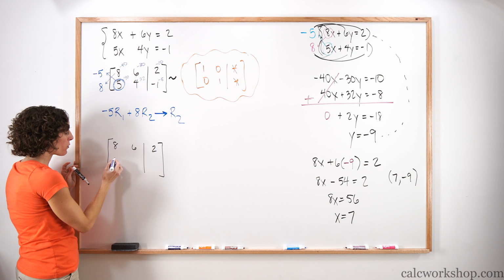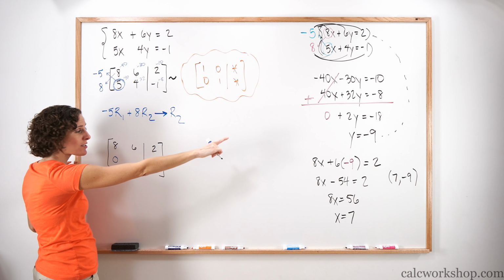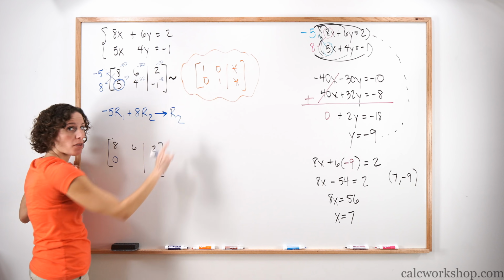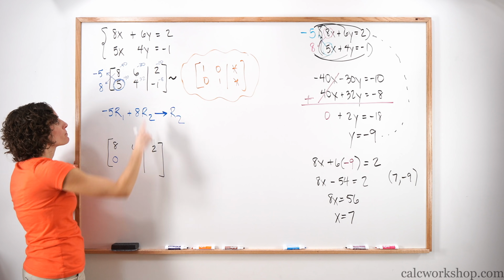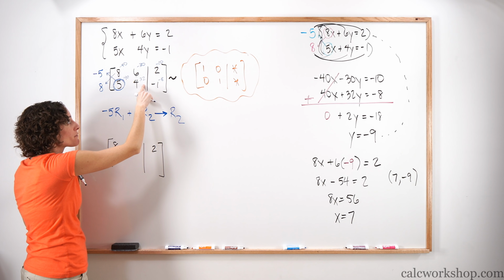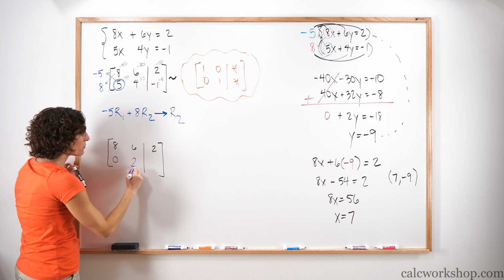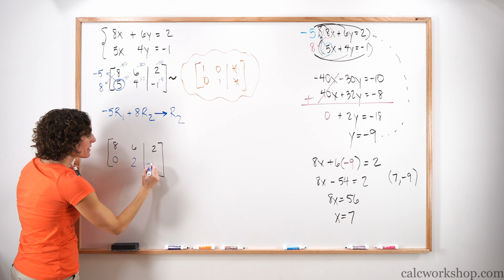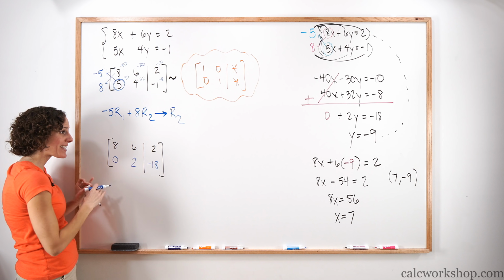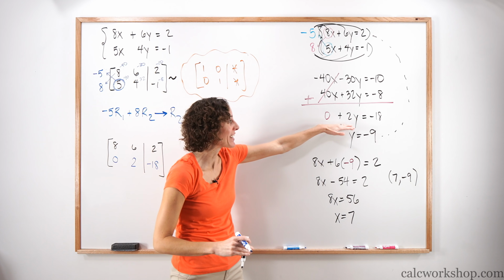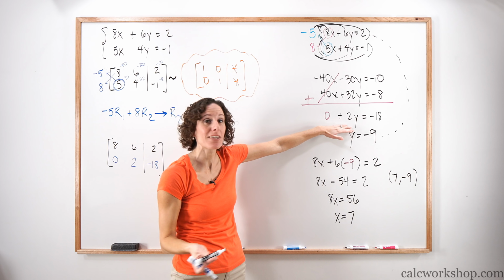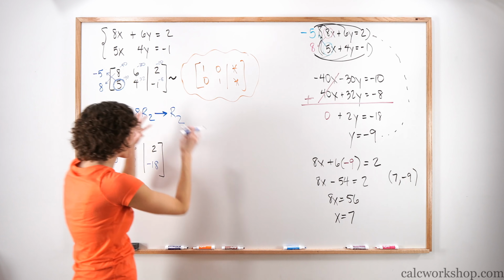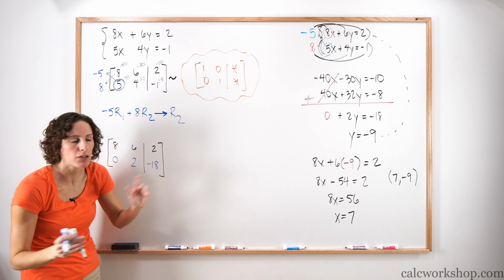-40 and +40 made the 0, just like we saw here, just like we're looking for there in terms of our matrix. -30 and a +32 gave us a 2. Well, what do we see? -10 and a -8 made a -18. What you're seeing is exactly what we see here in our line when we simplified using linear combinations. Everything is identical, just written differently.